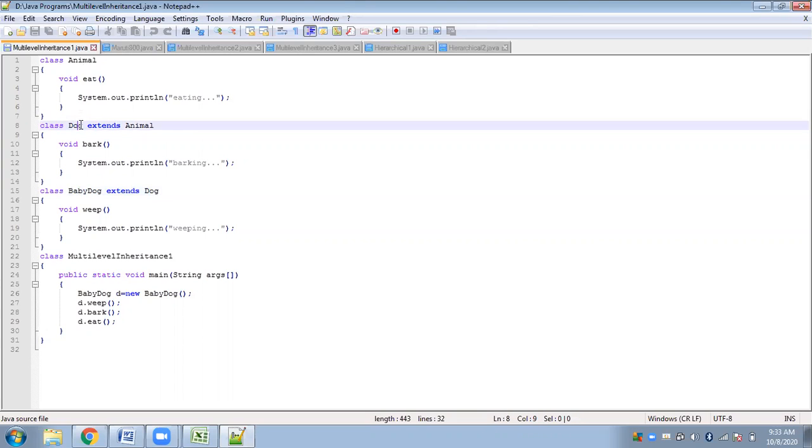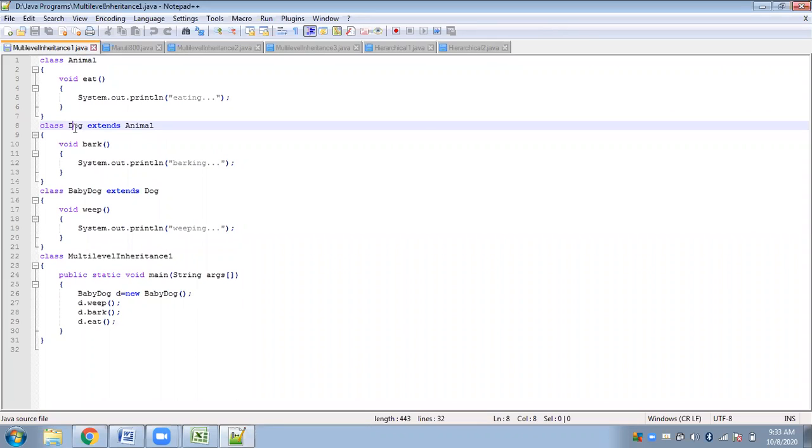If you look at the hierarchy, the top level parent is the animal. Then you come down. This is the general level, as I told you about generalization and specialization in the very first class. If you all remember, I spoke about these two terms. Animal is a general term. If you want to specify which animal, you come one level down and you get the dog.